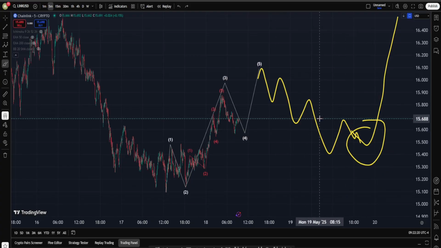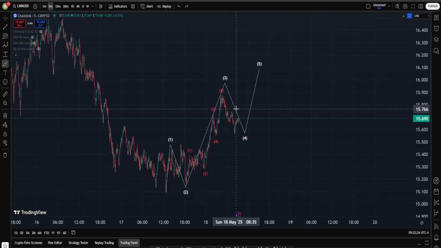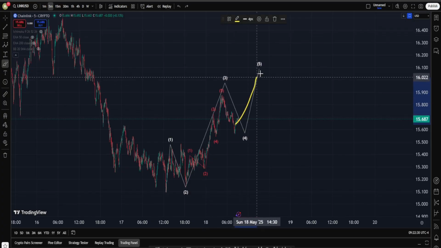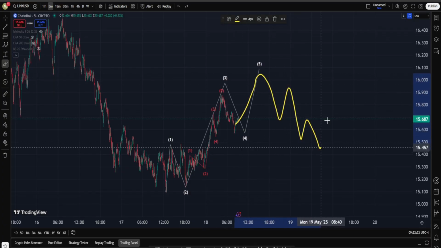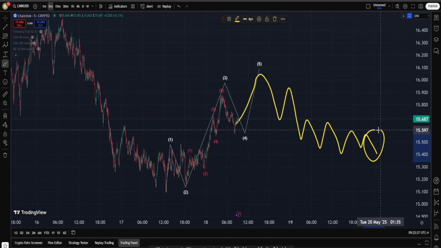So let's have a quick conclusion. In Chainlink, you can argue the low is already in, but I think we need to be a bit patient. What we want to see in here is another move up, followed by a very slow and choppy move down. If we see something like this happening, fair enough, this is a bullish setup and a fantastic long opportunity. And I hope I explained everything well